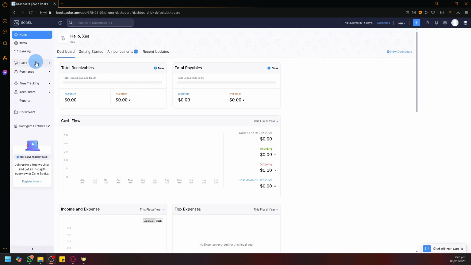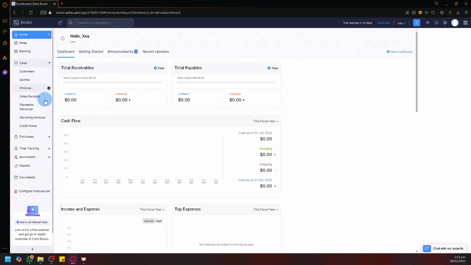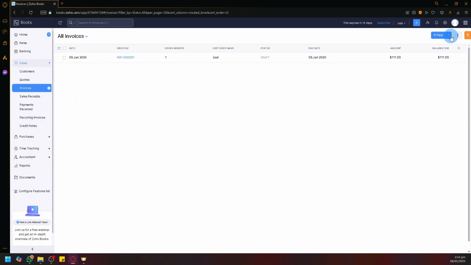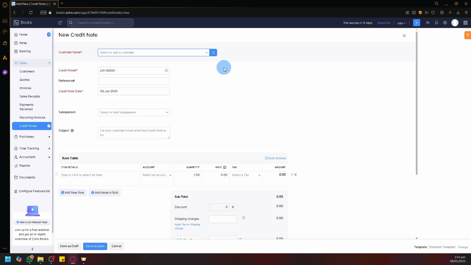But over here, if you check out our sales, you can see that there is no option for debit note. Even if we go to our invoice over here and click on new, debit note is no longer an available option. Now they have removed this, and you can now only create debit or credit notes over here. The information that you input is similar or the same, but the change is that you can no